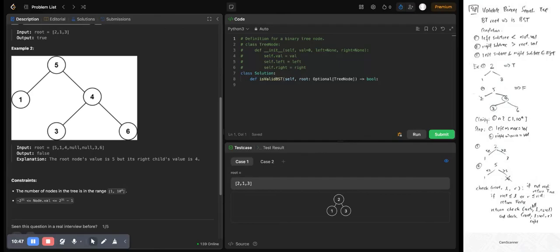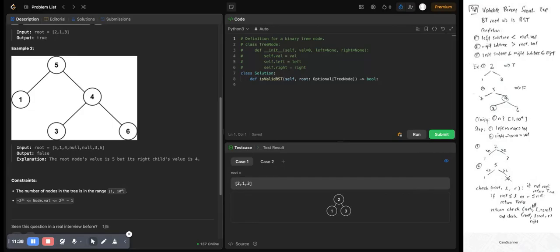Otherwise, we return the check of the left and right. So here, if we go to the left, then